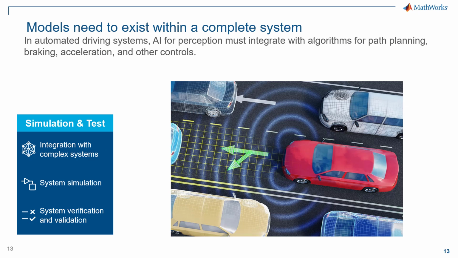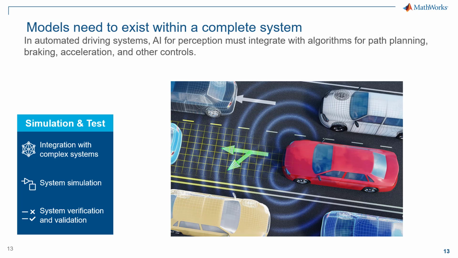Let's move on to step 3, simulation and test. Deep learning models have to be incorporated into a larger system to be useful. Consider automated driving. There's a lot of algorithm work around perception systems, designing perception algorithms that can collect data from multiple sensors and fuse those data into an understanding of what surrounds the vehicle. But for those algorithms to be effective, they have to integrate with algorithms for localization, path planning, agent and environment management, and controls, all working together to make sure the vehicle accelerates, decelerates, brakes, and steers perfectly in